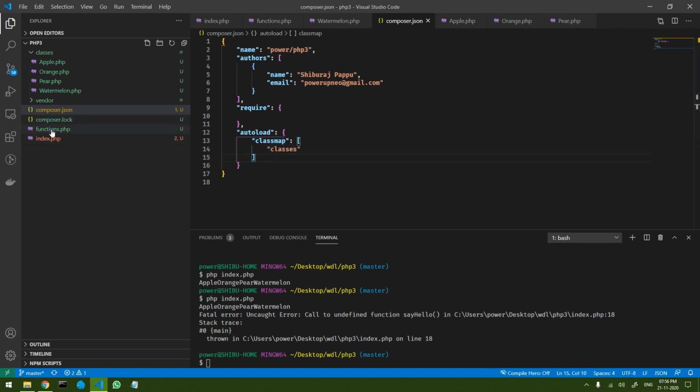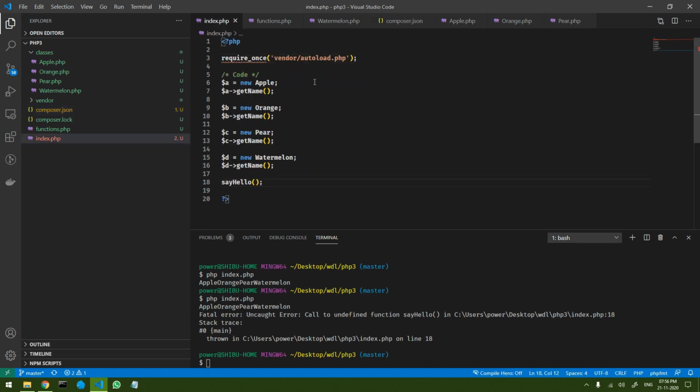Okay, so what you can do is you can come to composer. Now this functions.php is outside the classes, and also it is not a class, right? So to autoload this particular file, what we can do is we can add another element and we can say files, right? And inside this we can say which file do you want to autoload. So you should give the exact path of it, but because we are on the same root folder, the functions file is also on the root folder, so we can directly write functions.php and that's it, right? And now it should